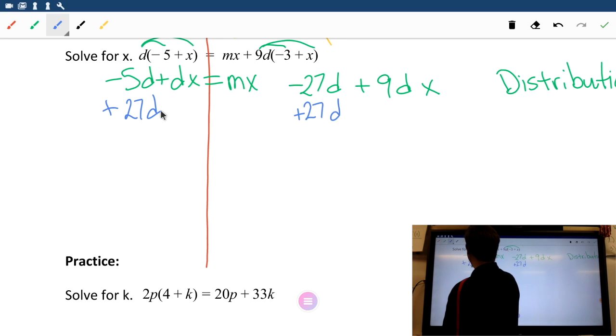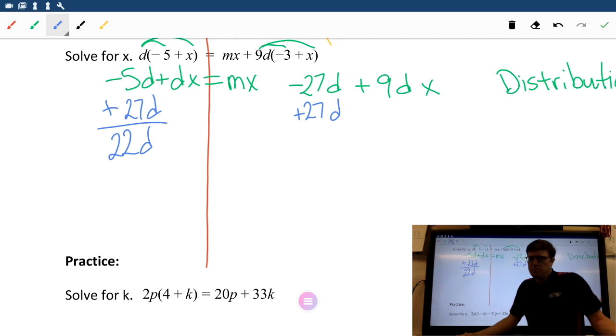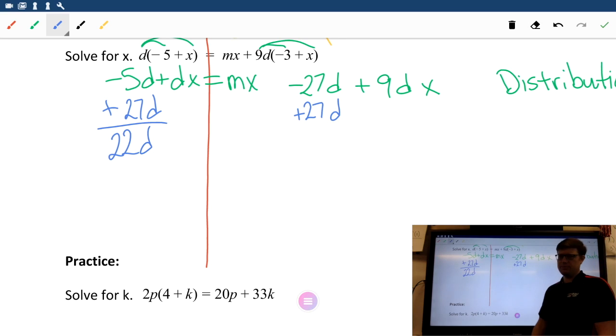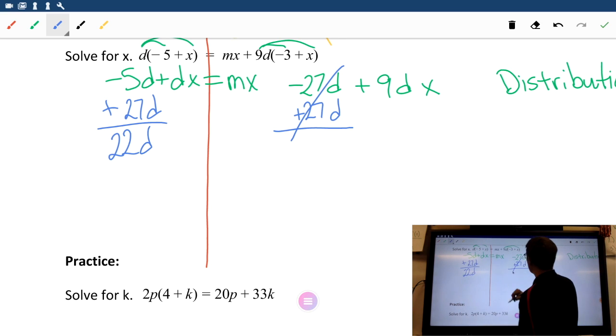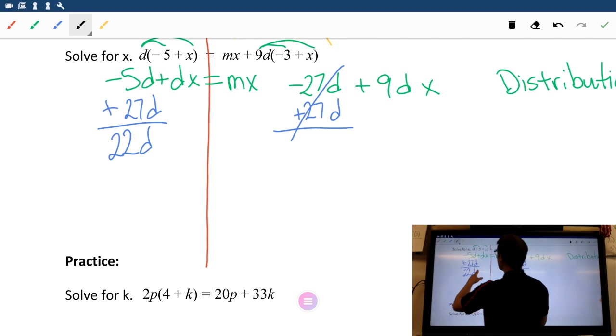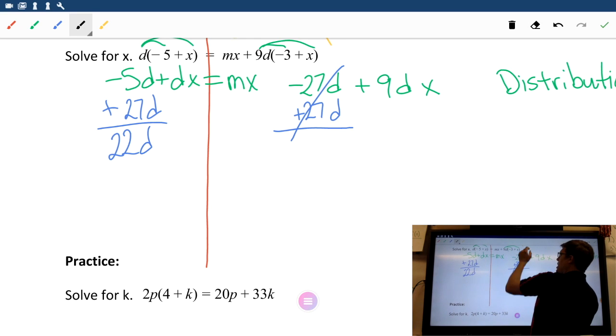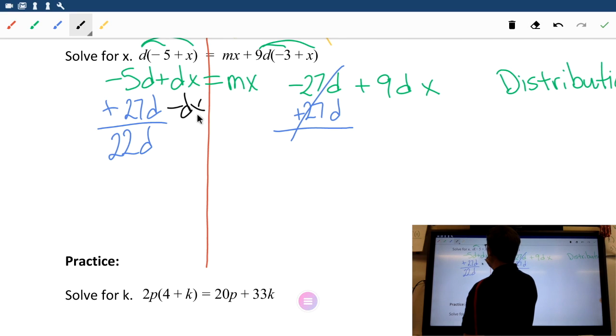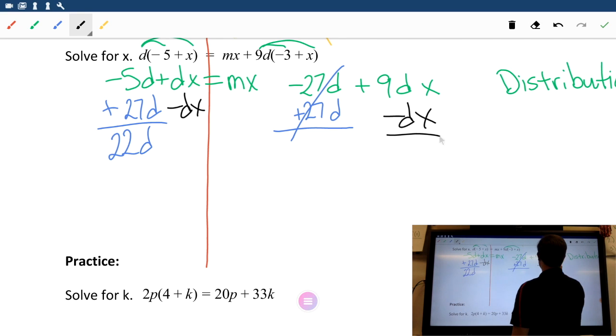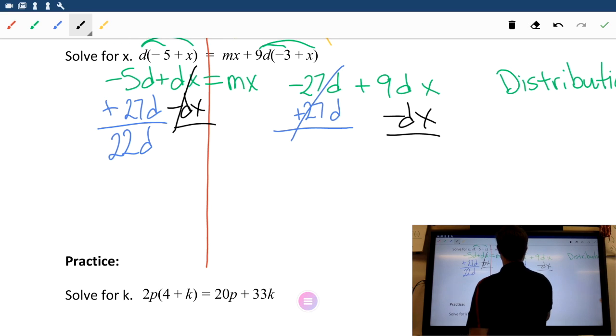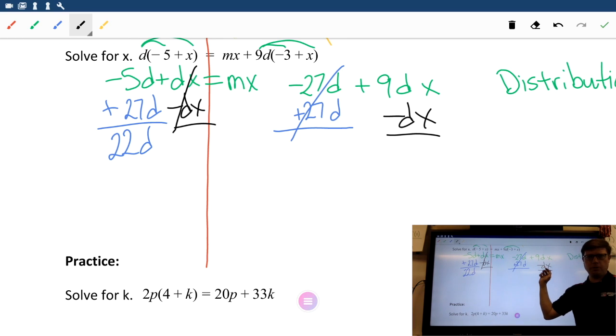I'm also going to have a positive 27 minus 5. I'm going to have a positive number right there. We like positive numbers. Make us feel good. Okay, negatives, such downers. Okay, that means the negative 27 and the 27 cancel. And then I'm going to make sure that the dx is moved to this side with all of these other x's. Subtract it, cancels. I instinctively put it right there, and I wasn't even really thinking about it, but now I'm glad that I did, because this is 9 dx's, and I'm taking away 1 dx, so 9 minus 1,